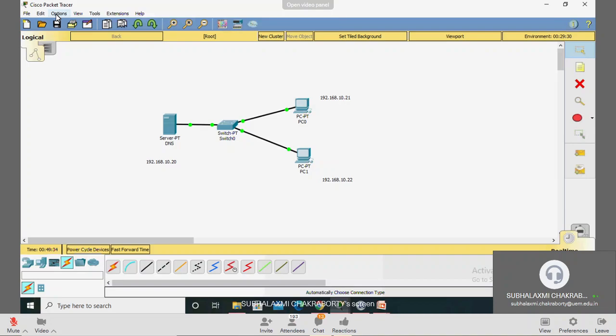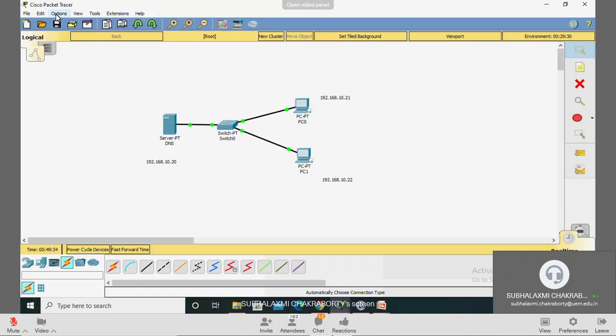There is one option here. In the options you will have a preference command. If you go to preference and click on it, there is one option called font. If you click on font, the CLI dialog appears. So if you click here, increase the font size as per your wish. It was previously 8, so you can increase it. If you change it to 13 or 14, it will be bigger. So if you apply like this and you close it,